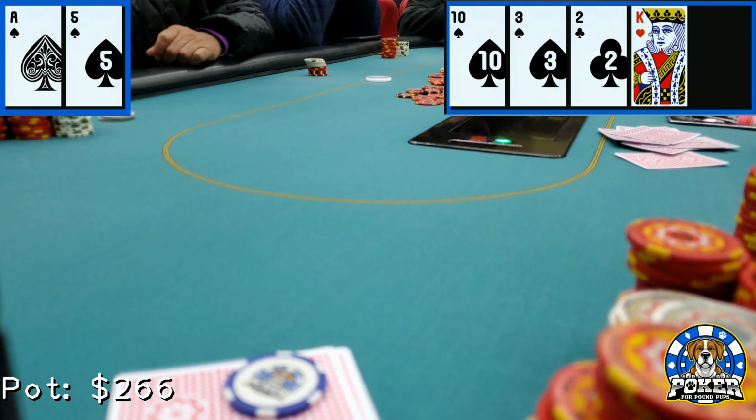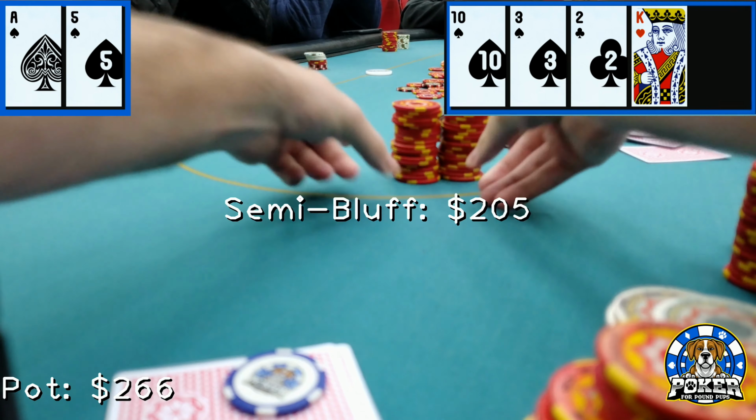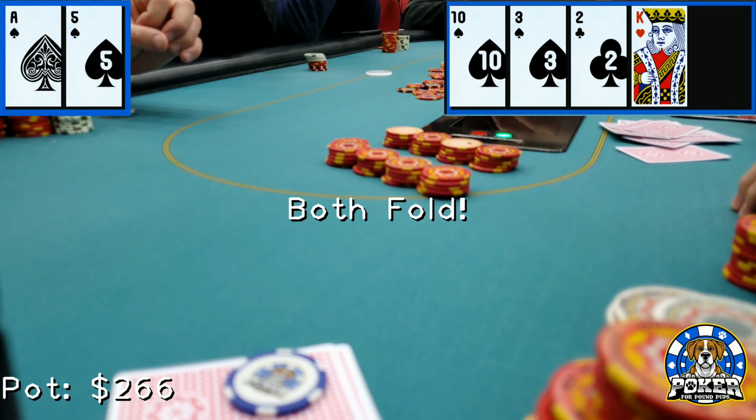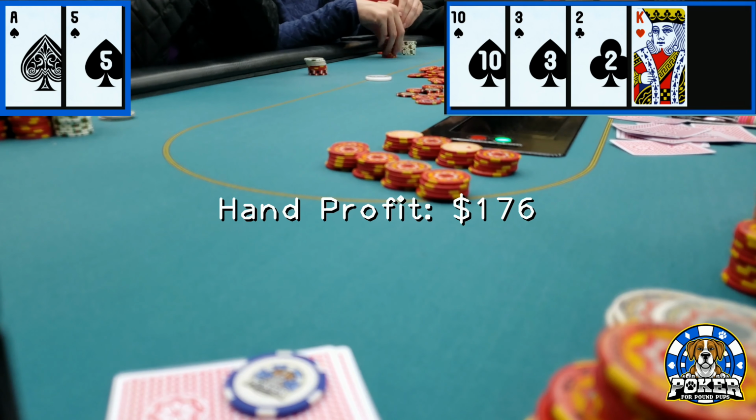So I decide it's a great card to bluff on, especially when I can fire again on the river, whether I hit or not. I make it 205, and both players eventually fold. We end up making some of our losses back and cash out with a loss of 568 on this second